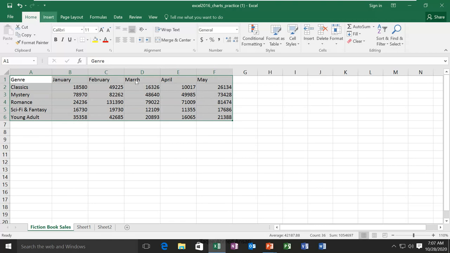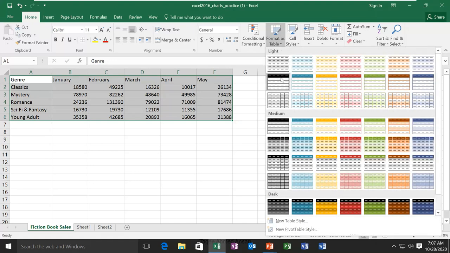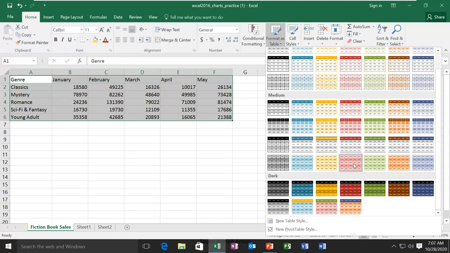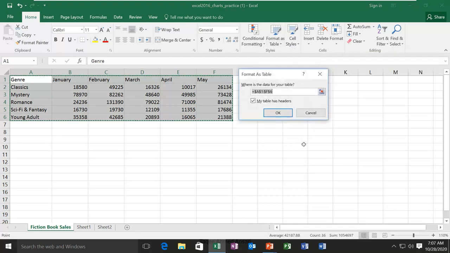and then from the Home tab here I have the Format as Table command. When I click on it, this is a drop down command. I see the different styles of tables. So you can select the style which suits your data. I'll go on and choose what style I want. For example, I'm selecting this style.